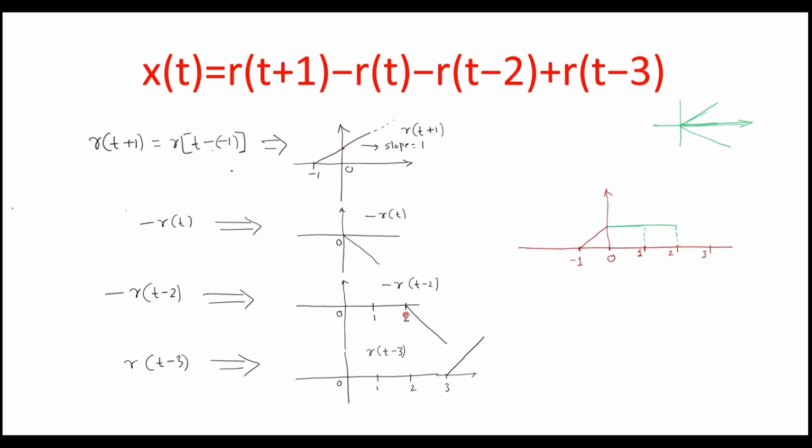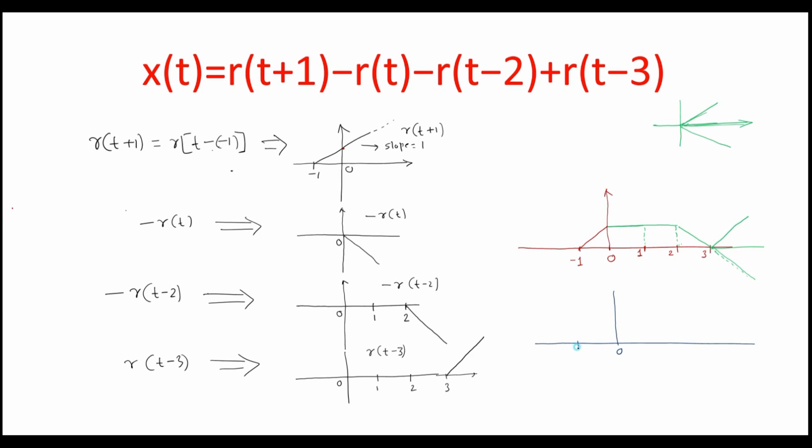Now at t equal to 2 another ramp begins. So when this ramp signal is added with a constant signal, it will go down like this and it will continue till infinity. Meanwhile at t equal to 3 there is a positive ramp. So this is a positive ramp. When this ramp signal is added with this ramp signal, the resulting signal will be this one.